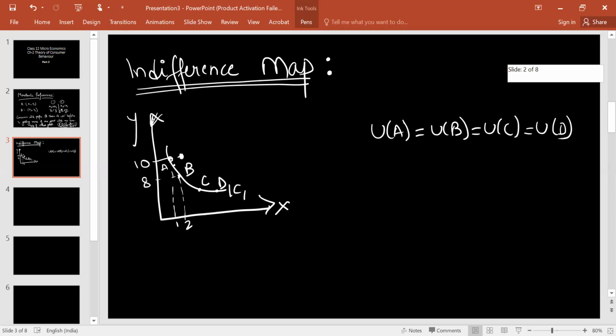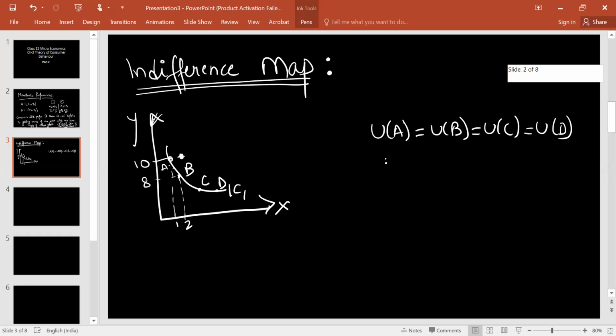Rather, I would get more utility. That is because of the monotonic preferences that we have discussed in the previous slide, right? That means this bundle comes above this curve,